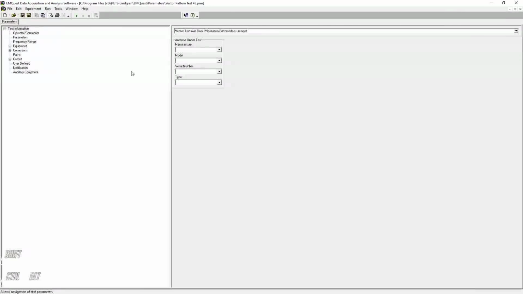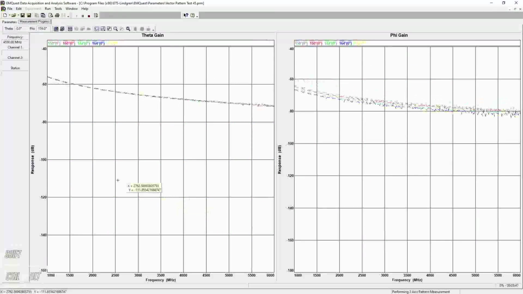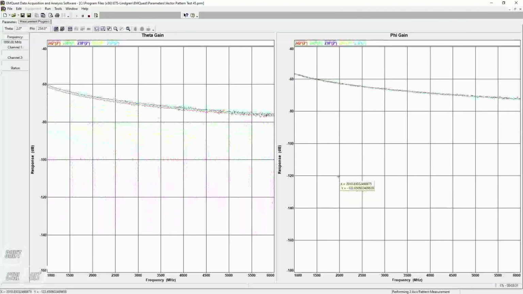So those of you who have run a vector test in EMQuest have been very familiar with the fact that it always shows you real and imaginary part. It's showing just the raw data, and it's not until you get to the end of the test that it post-processes. Part of the reason for that was to minimize overhead on the test, so that we're not taking away from test time to convert things over into nice, pretty units. Not that on today's computers that should be a big problem, but here we're throwing a tremendous amount of data,